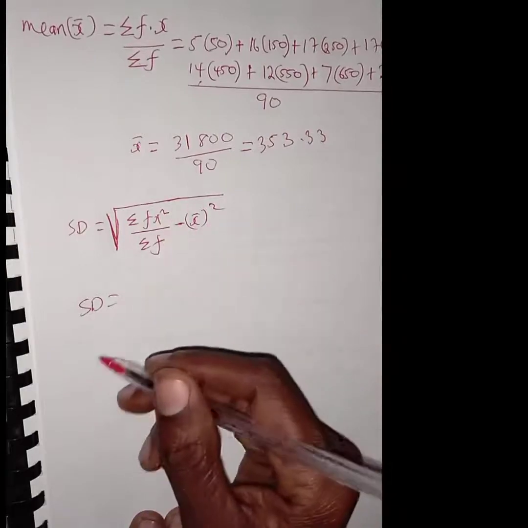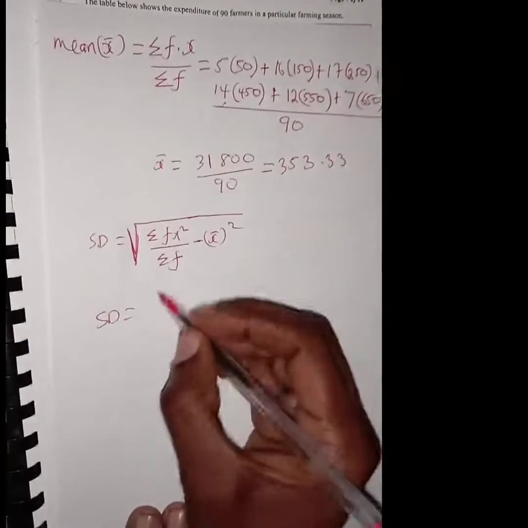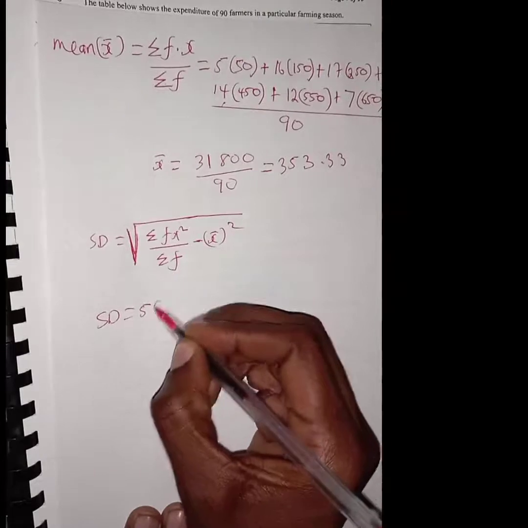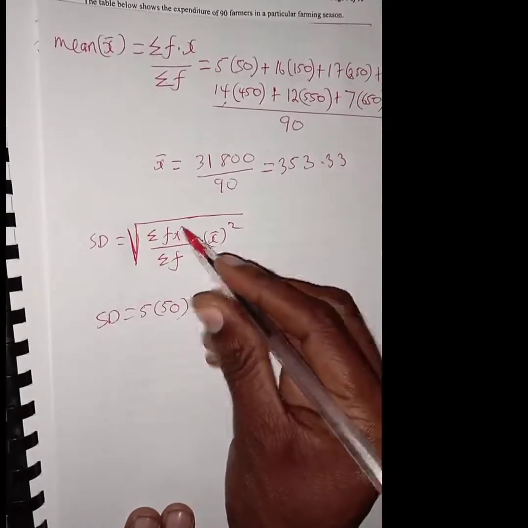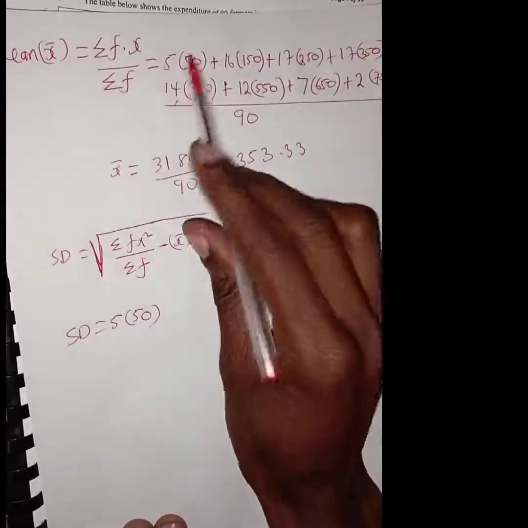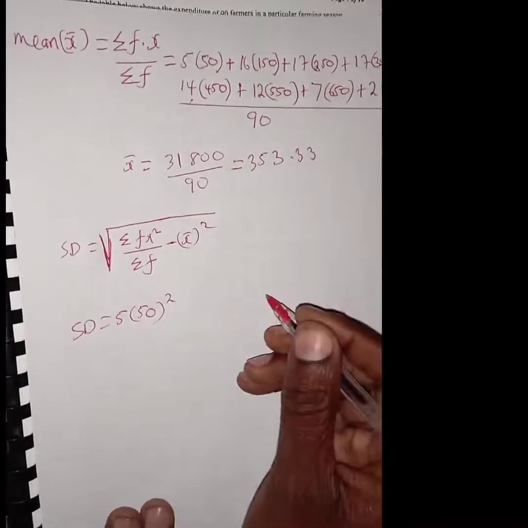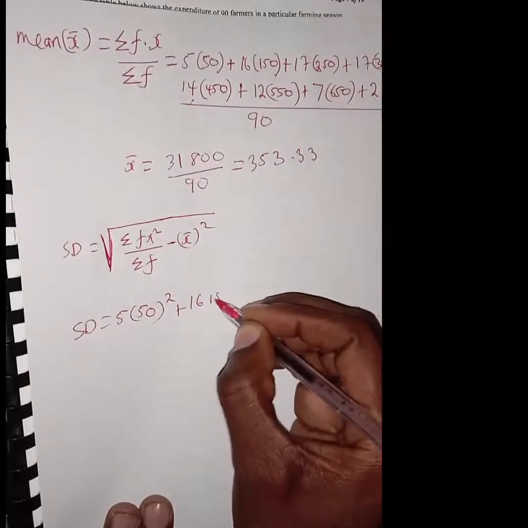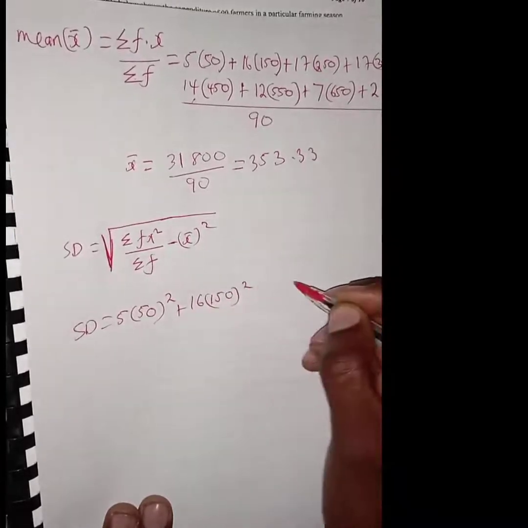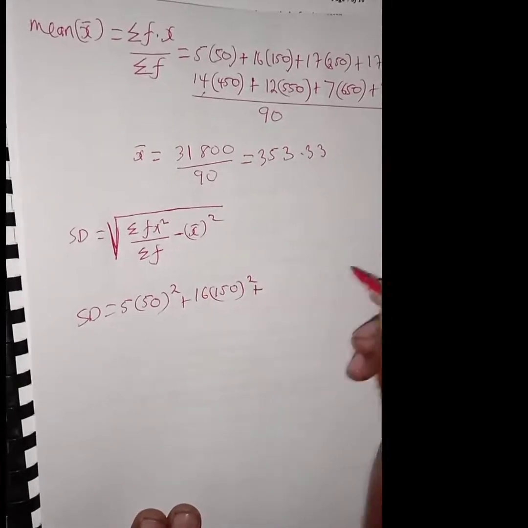So what we're going to do, we're going to multiply. Have you seen this is the f? Remember, this is the f, this is the x that we are getting. So now write the same things that you wrote there, but now remember the x here we're not squaring. We were not squaring, but here we'll be squaring. So summation means plus. So continue also writing 5 times 50 squared, plus 16 times 150 square,